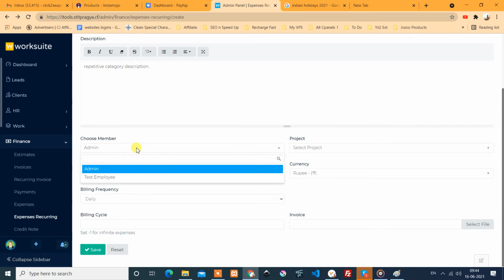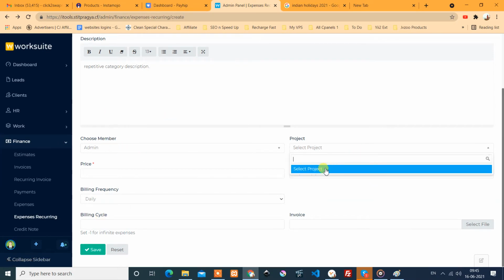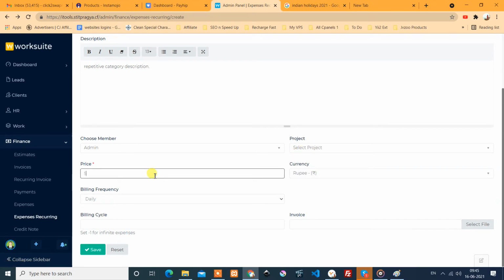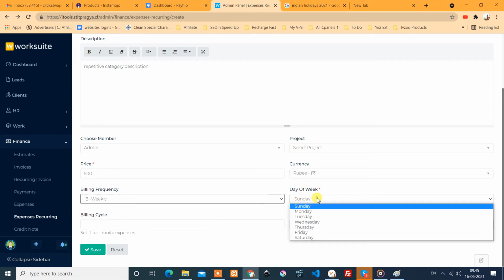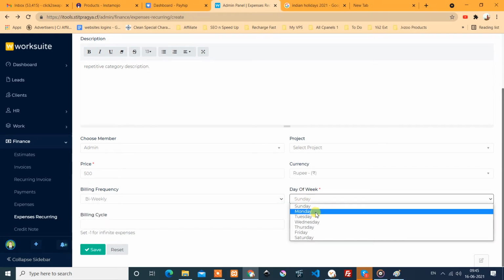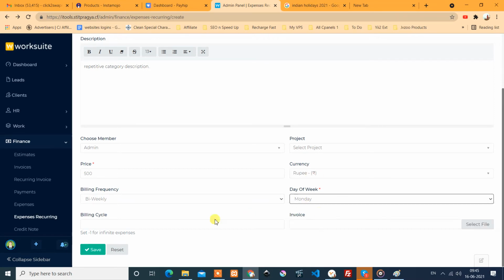And choose the member under which this expense is managed. For currently, I say it is under the admin. For the project, we don't have the project yet. Let's say price 500 currency, and if we need this bi-weekly, day of the week from which we have to calculate. Let's say on Monday we calculate,